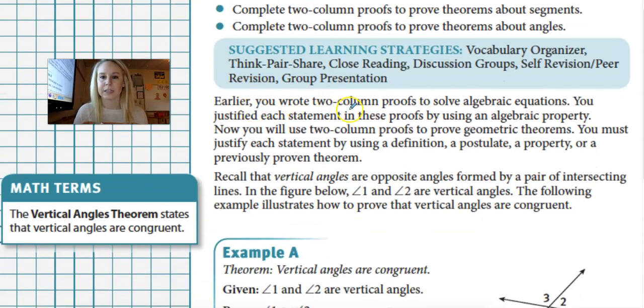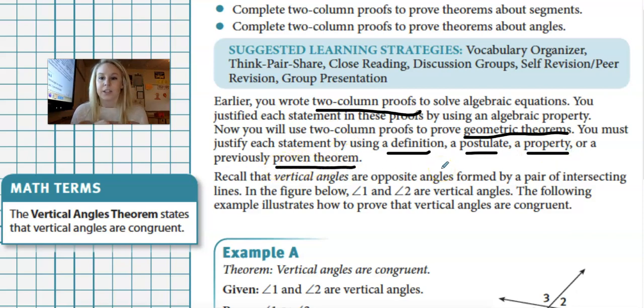All right, so earlier we talked about two-column proofs when we were solving algebraic equations. We justified each statement using an algebraic property. So we had subtraction property of equality, addition property of equality, etc. But now we're going to use two-column proofs to prove geometric theorems. So you must justify a statement by using a definition, a postulate, a property, or a previously proven theorem. So definitions we've come across, definition of a bisector, postulates we've seen, segment addition postulate, angle addition postulate, properties, transitive